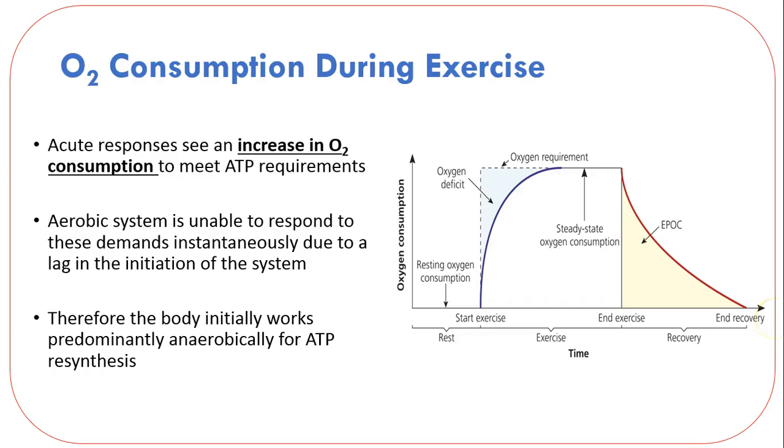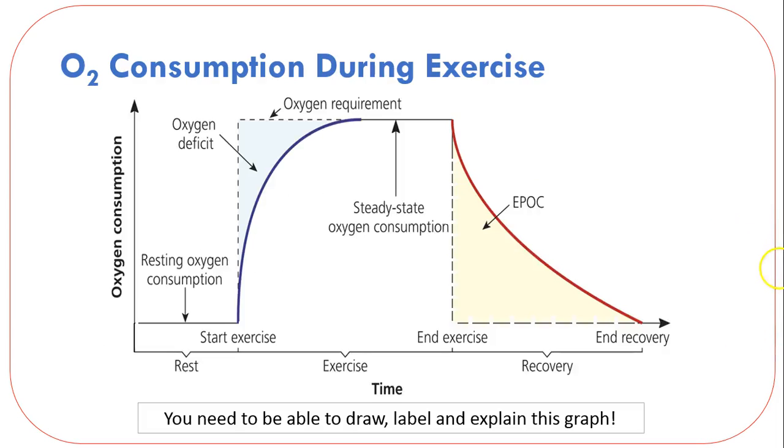Okay, so if we're going to look at analysing this graph, it's a really important graph that you need to be able to draw. You need to be able to label it, and you also need to be able to explain it. Other types of questions that we've had in relation to this graph on exams in the past include a description of a passage of play, such as running a 1500 metre race, and then drawing what the oxygen consumption patterns would be throughout that event. Okay, so some key things that we'll look at